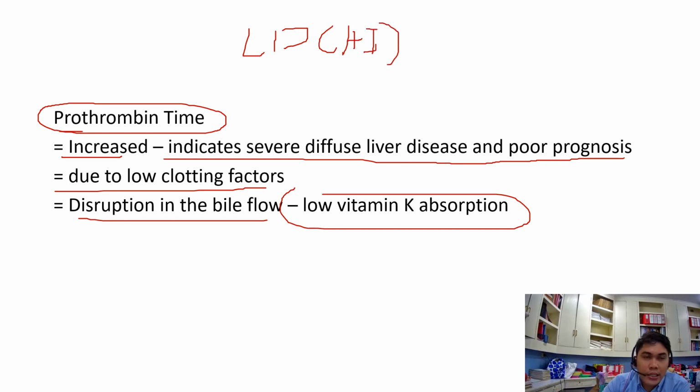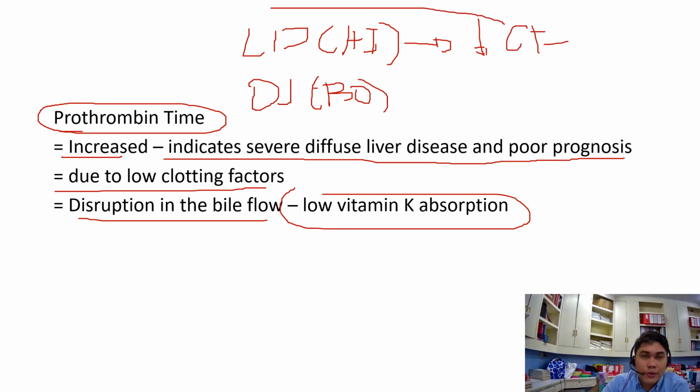Okay, and second, you have obstructive jaundice or biliary obstruction. Okay. So in liver disease or hepatocyte injury, you have decrease in the production of clotting factors. That's why the prothrombin time is increased, because the liver is responsible for the production of clotting factors. Okay. Now in obstructive jaundice, the reason why there's an increase in prothrombin time, it's because of